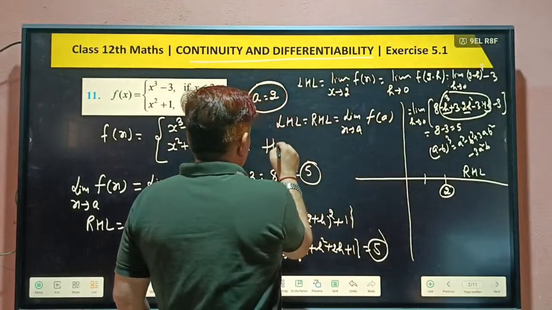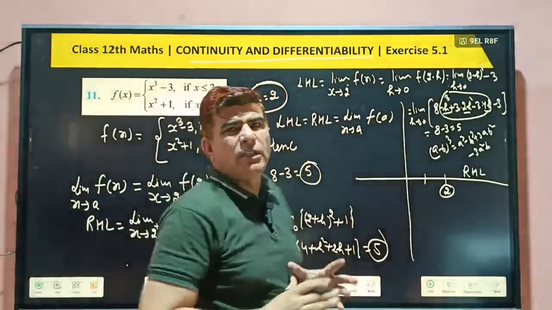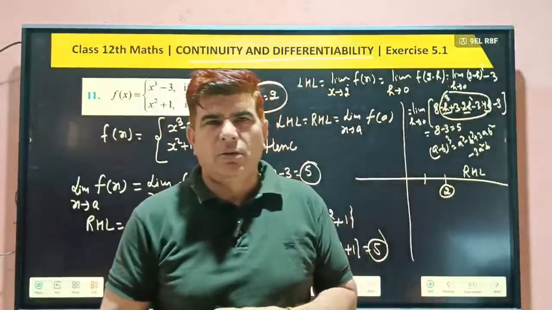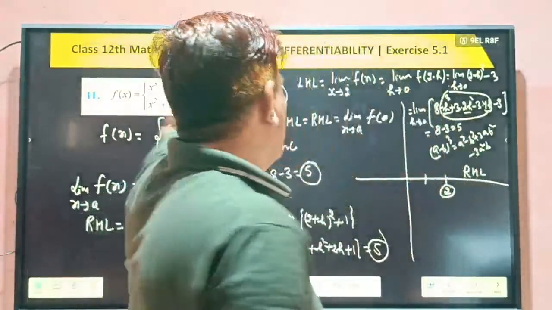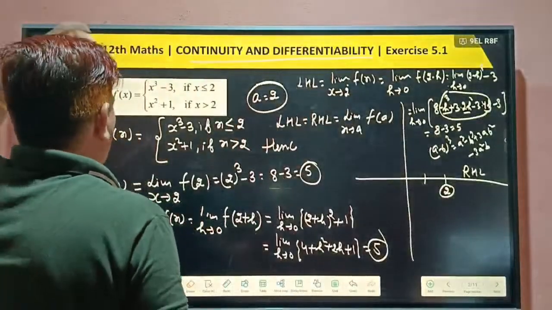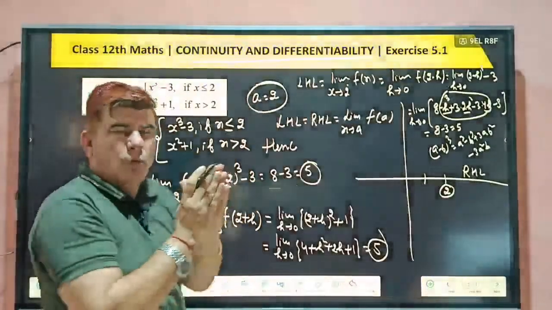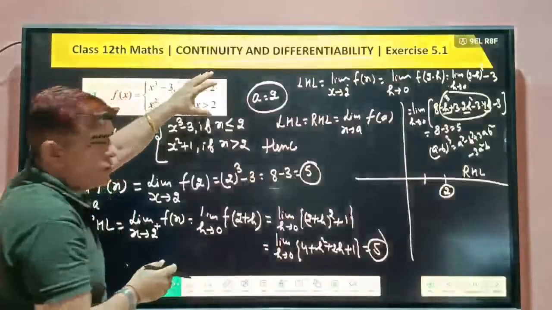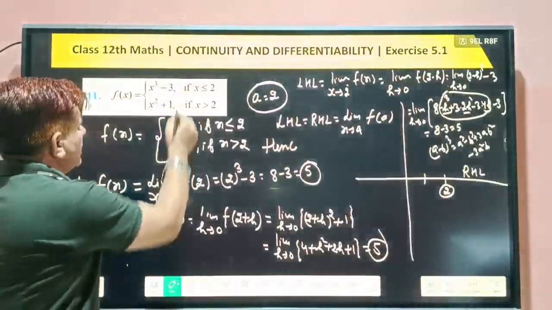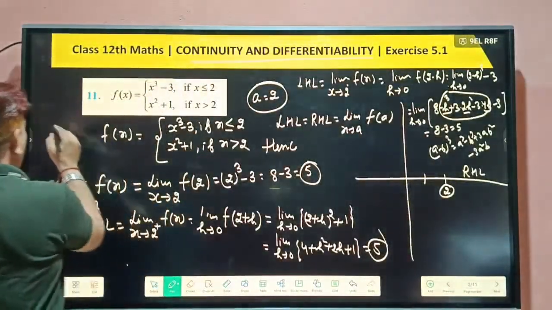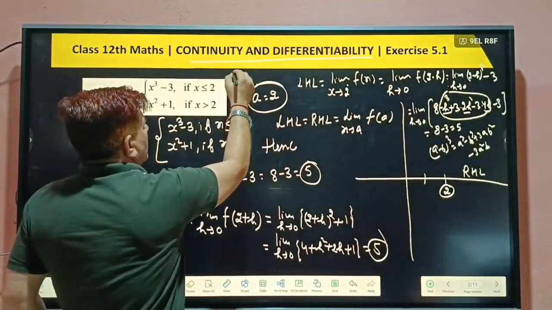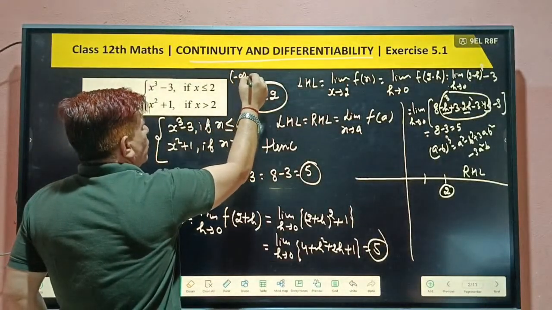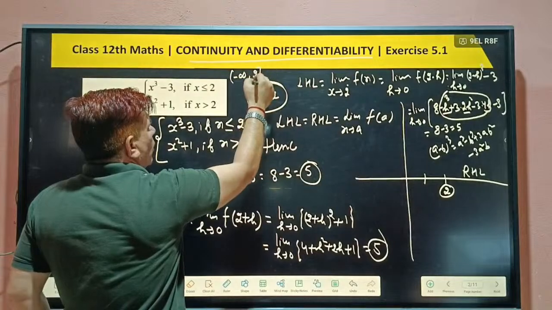Hence, what we can say? The function is continuous. Where is it continuous? You can check for all real numbers. What's the domain of this function? If you can check, x is less than 2 or equal to 2. Its meaning is this: minus infinity to 2,